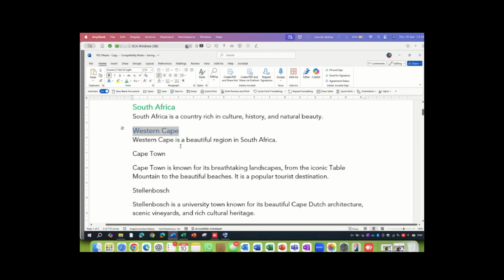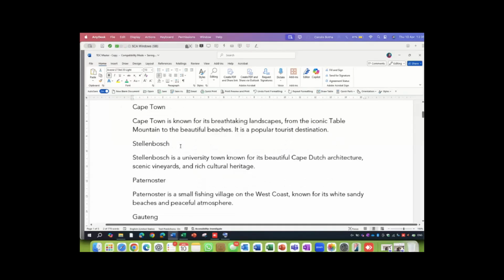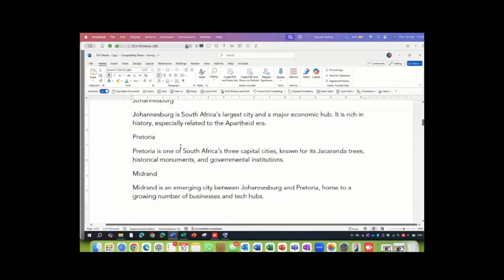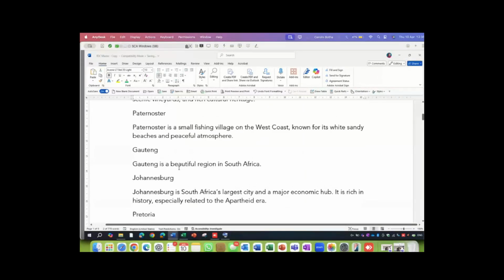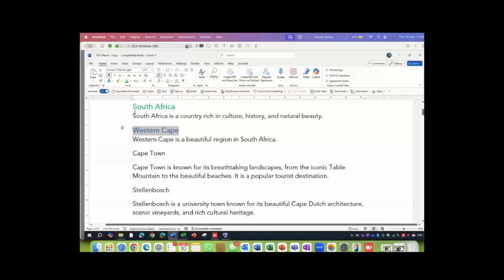So instead of me now moving to all the other regions and selecting and formatting each as a heading style, I'm going to use this intelligent format painter. There it is. So while I have the Western Cape selected, I just have to see which are the different regions.